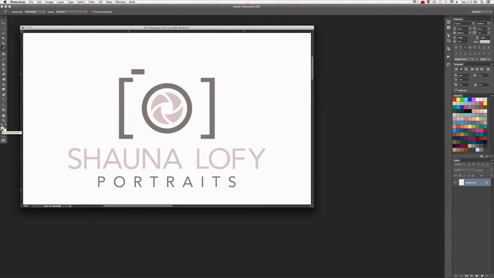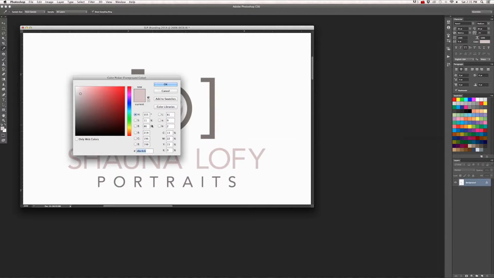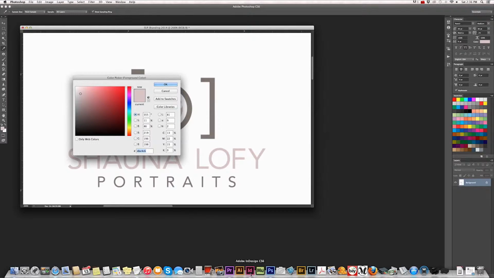And in the Tools palette, you'll see the swatch set in the foreground. Double click on it, and the dialog box will pop up. You can see the RGB color numbers as well as the CMYK color numbers. I'm just going to use the RGB color numbers of 219 for R, 196 for G, and 198 for B. Okay, let's go back into InDesign. Put in those colors